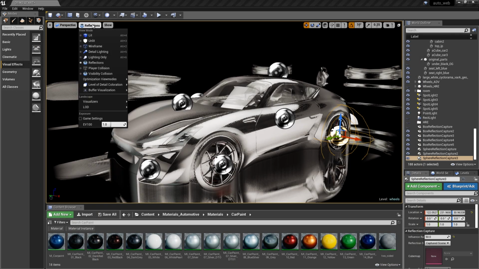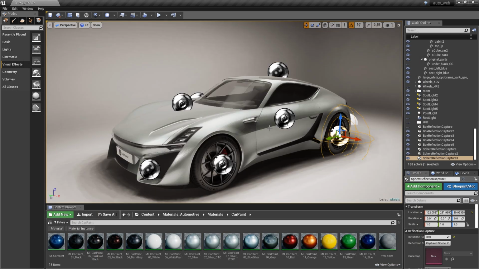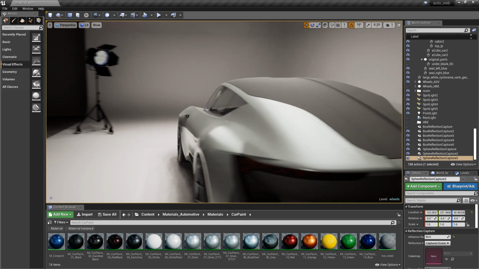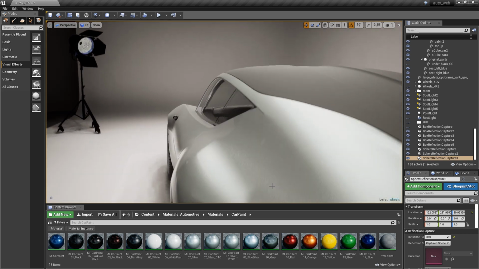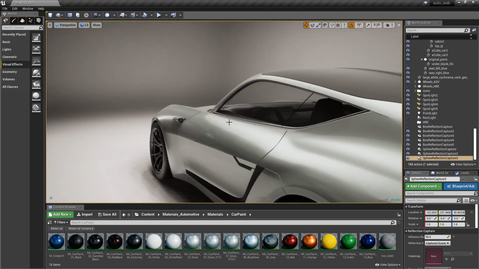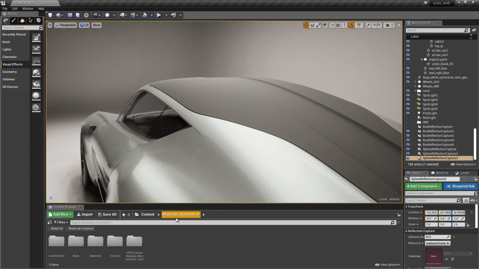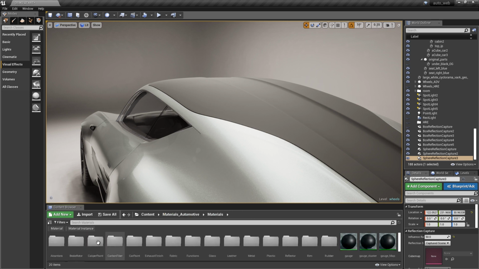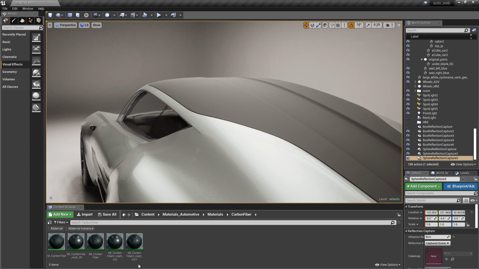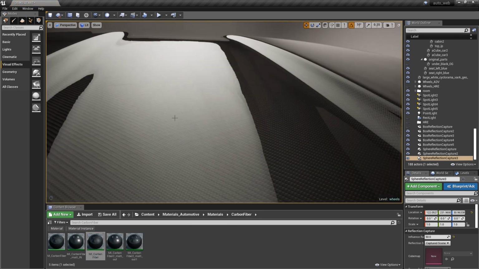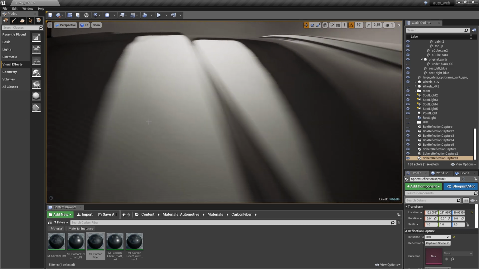So the end result ends up looking something kind of like this, which looks pretty good, not so bad. Now, obviously, we can go in here and we can start to add in some more automotive materials. Like if we come up here to the carbon fiber and put like this carbon fiber on the roof, it just starts to look really, really cool,